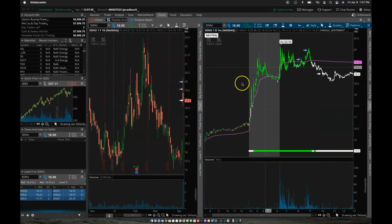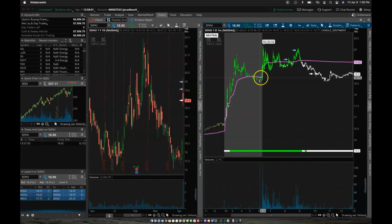I'm going to go to the 1 minute though. Just a nice big gap up, and it topped out at 20, and then was making some lower highs here, and then it was trading underneath VWAP. This is when I saw it, and I said, okay, if we can get a perk up above VWAP or something, and it makes another lower high, I could take a starter. And so I took 100 shares here at 19.55, and then some volume started to come in, and I was a little nervous because we perked back above VWAP and started to test 20. And once I saw that 20 was proving to be resistance, and it was making this triple top-ish kind of pattern here at 20, I decided to get a little add here, so I got another 100 shares